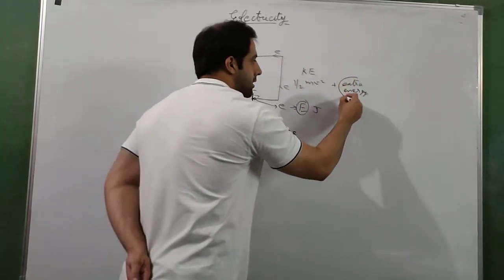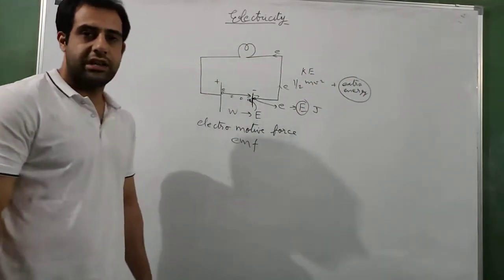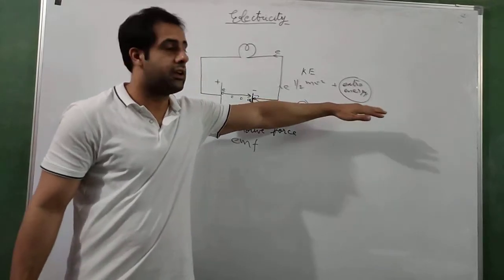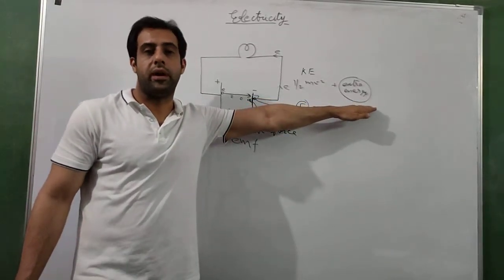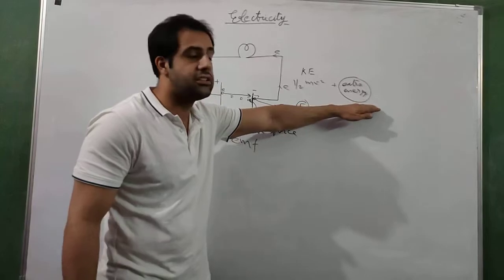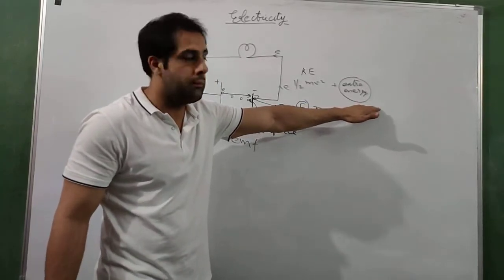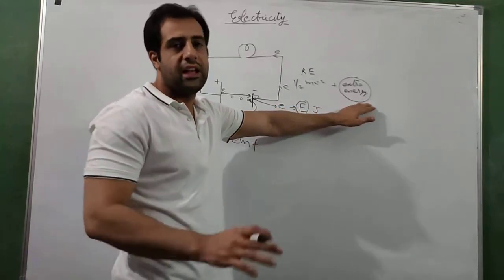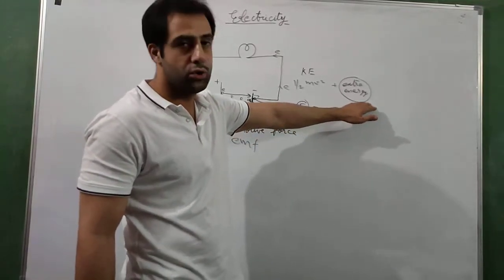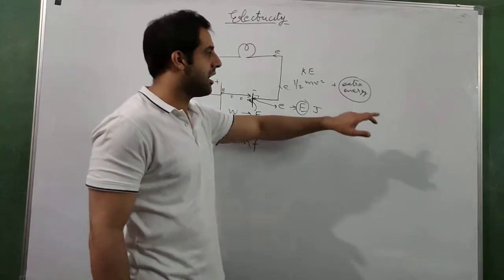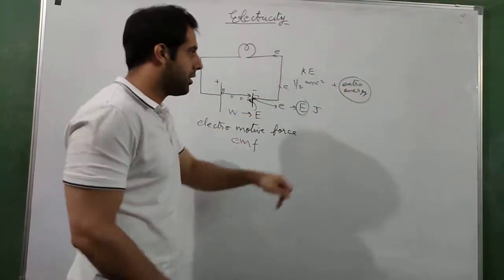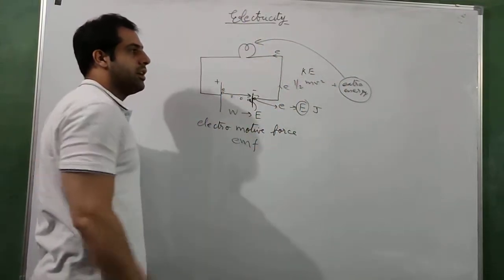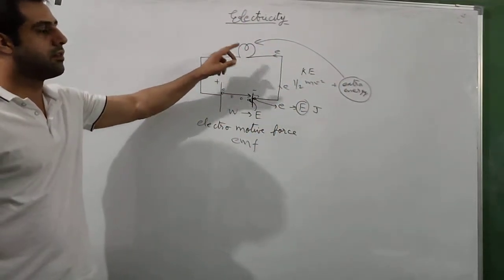This extra energy which is left after using the kinetic energy is what we use in operating various devices. This is the energy which causes the bulbs to glow. This is the energy which causes the fan, fridge, TV, AC, whatever electrical appliances, to work. Those electrical appliances are using this energy to operate. This energy is supplied to the device you have connected, and then this device works.